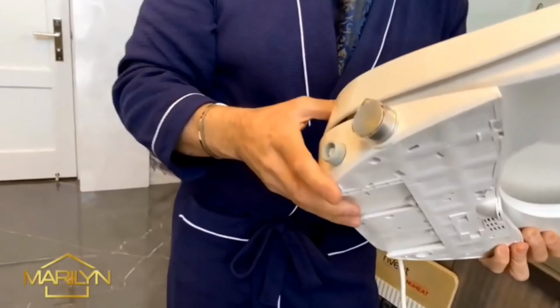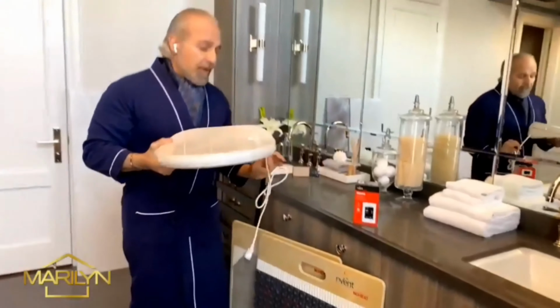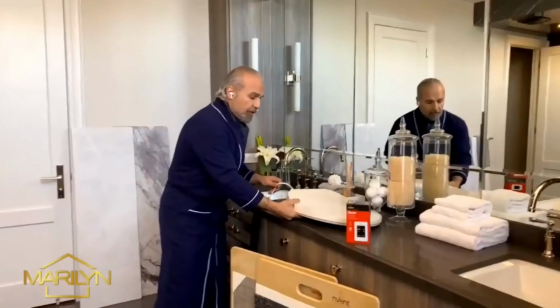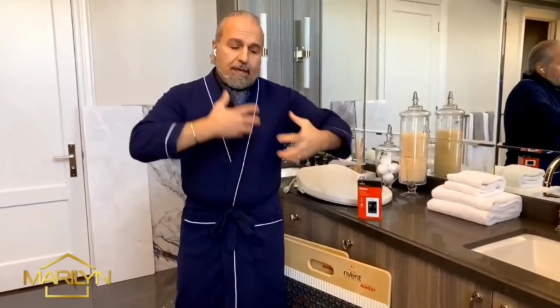You got all your functions in a very simple toilet seat that you can add on to any toilet, and the price point, it's great. $550, you get a built-in bidet seat into your toilet, and it's great. So getting onto the spa feel,